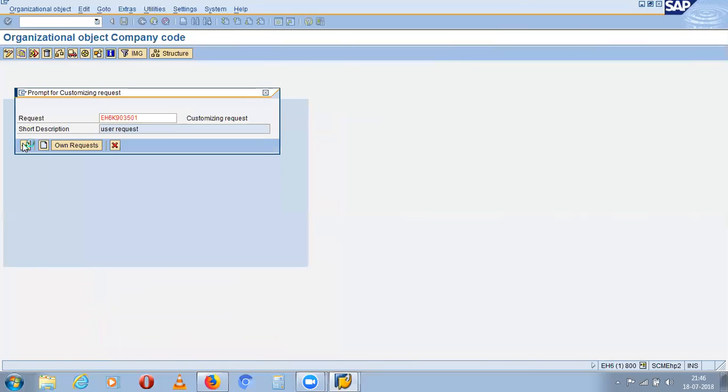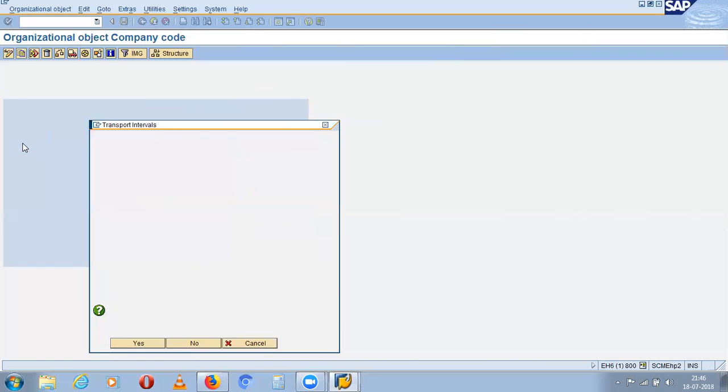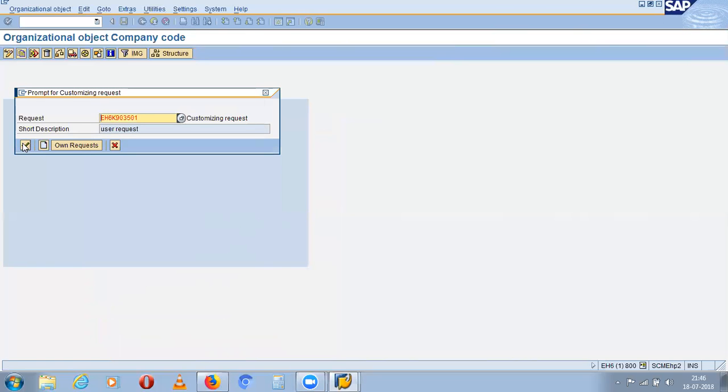What is the company code you want to have? Company code is already done, no? Sorry, ASC1 plant C11.